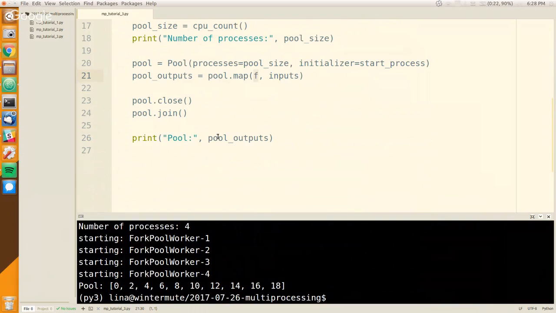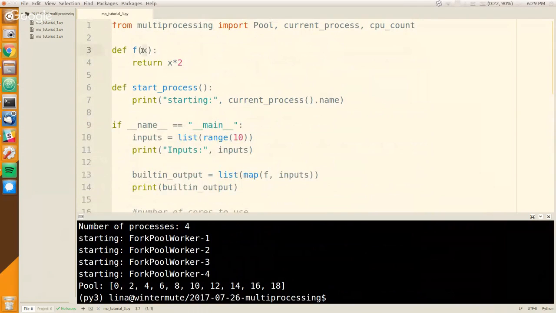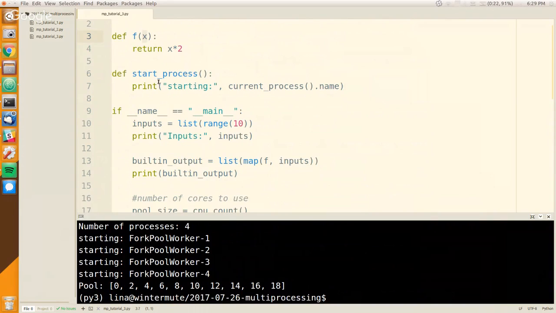So you just need to think about how much other people are using it, like if it's a shared computer, that kind of thing. Okay, so that's pretty much what you can do if you have a function that takes one varying input, really only one parameter, and you need to run it with different versions of this parameter, or multiple times to make sure that your function is consistent. This is where you would use the multiprocessing pool. But what if we have a case where, actually, I'm going to show you another package